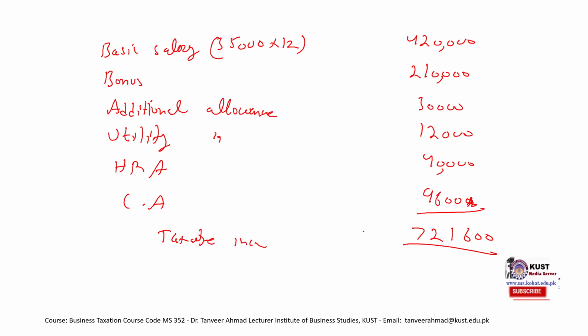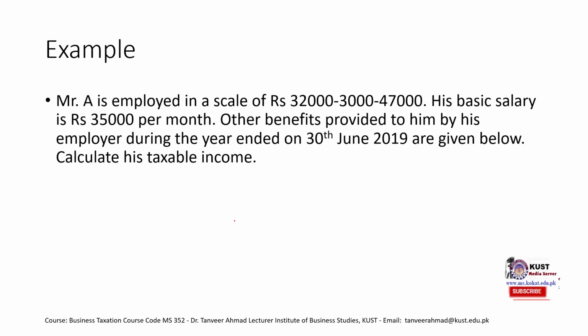Why are we calling this taxable income rather than gross income? Because in this question we do not have any deductions, right? If there were deductions, we would have called it gross income, and then we would have deducted the deductions, and then we would have taxable income, right? But in this case, the gross income and the taxable income would be the same because there is no mention of deductions. Let's have another example.